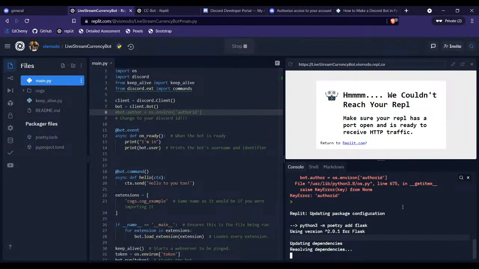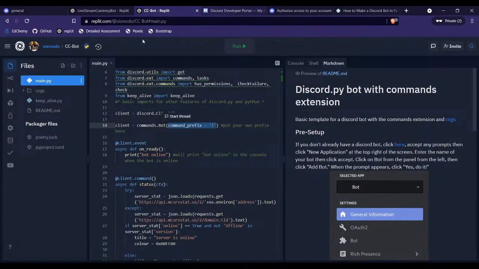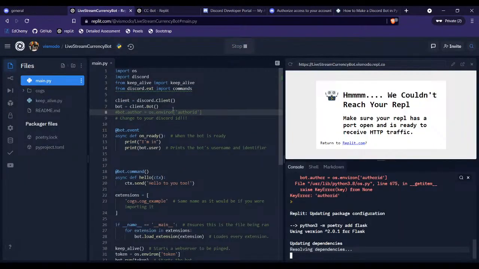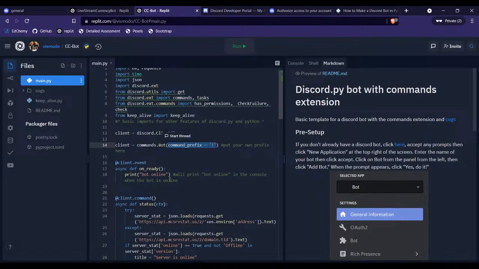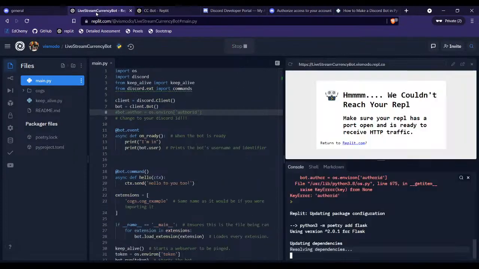Okay, I think it has finished. Not yet. We're just going to check here. The bot is offline. Let me just verify with my other bot to make sure that all of the other code is working correctly. Oh, we forgot this, and it's not client, it's